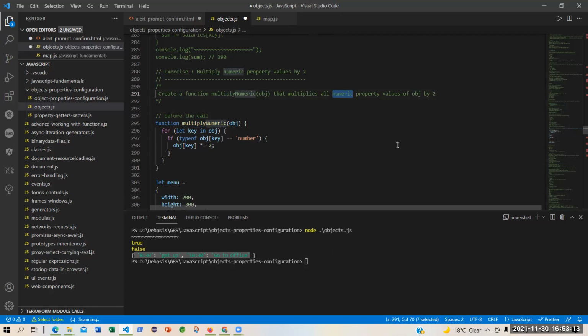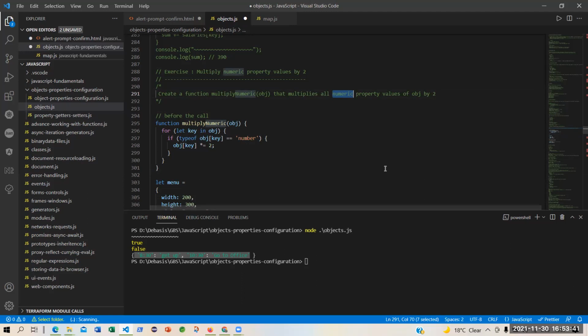But in an object, you can have a combination of numeric, number, date, alphanumeric, which is your string, and so many Boolean. So all this can be there in an object. So I will like to only multiply it by 2 for the numeric properties only. So I will do one thing. I will check once I get inside the loop.